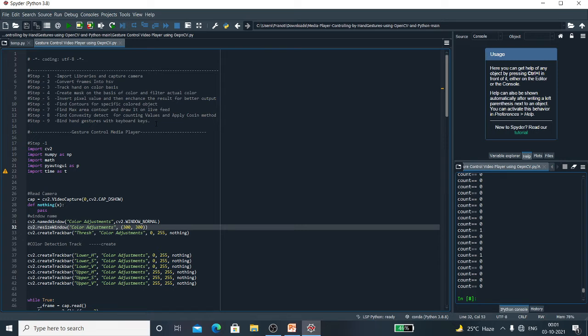Here I have imported all the needed libraries: the OpenCV library, NumPy, Time, and PyAutoGUI. PyAutoGUI is used to control the keyboard through my gestures and press those keys automatically. That's the main use of PyAutoGUI.